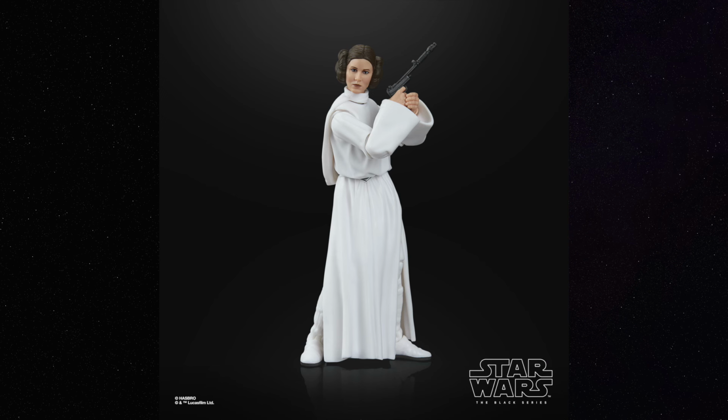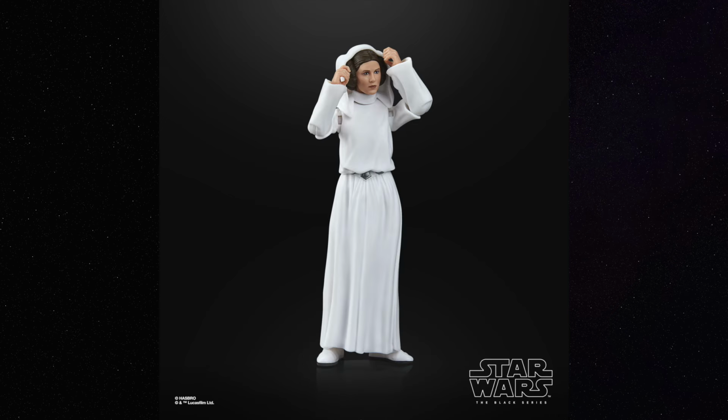Next up, looking at the Leia, this figure looks incredible. I think the likeness to Carrie Fisher is so spot on, and I do think, again, the use of the hard plastic robes rather than the soft goods, kind of napkin-y looking material, is just so much better. I even love the fact that they include the hood up piece as well, because I think that's something that the original was missing, and that is also just such a huge improvement. It was something that they did really, really well on the TVC version, so I'm so glad they were able to bring this feature over to the Black Series,